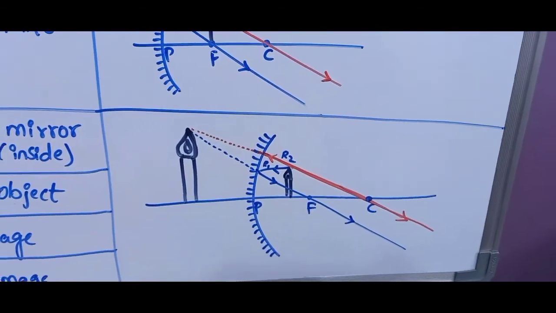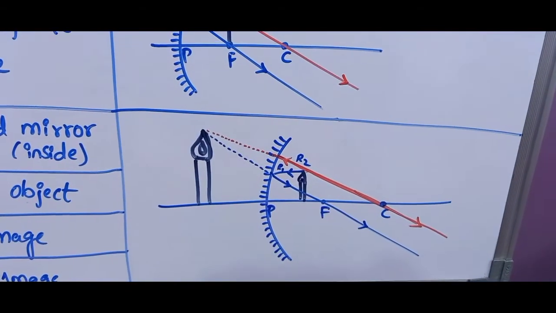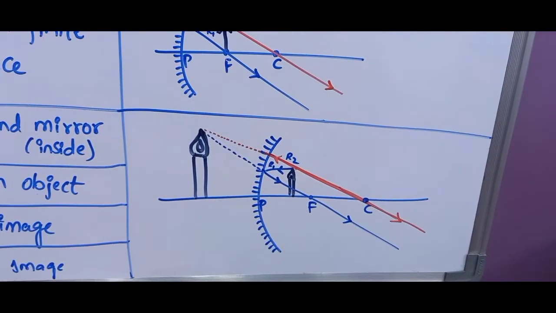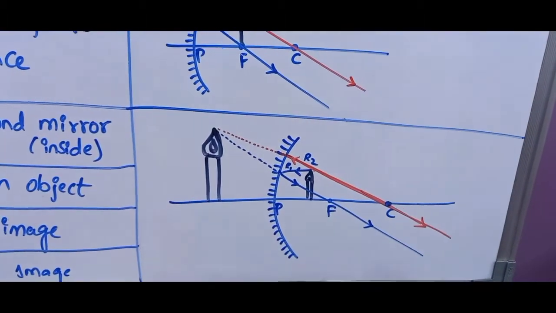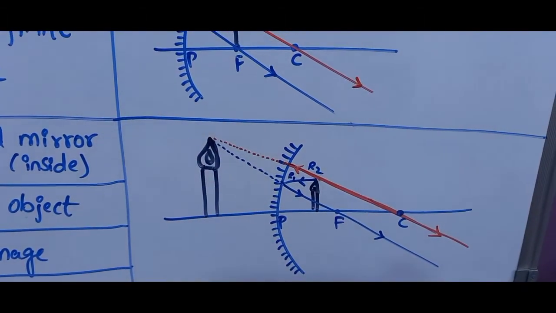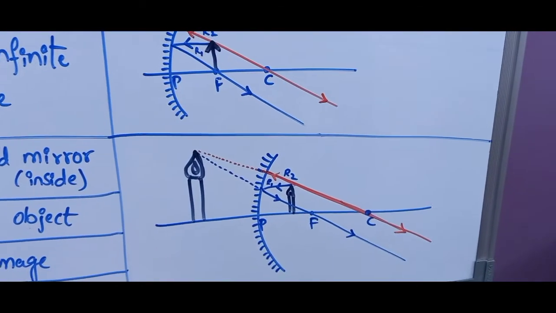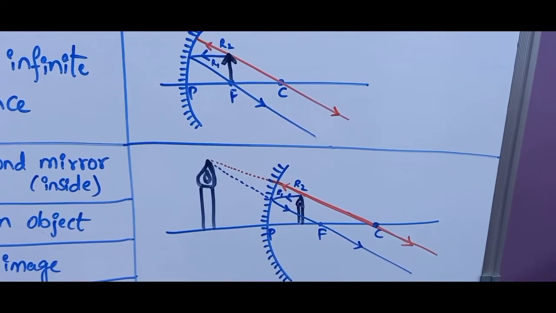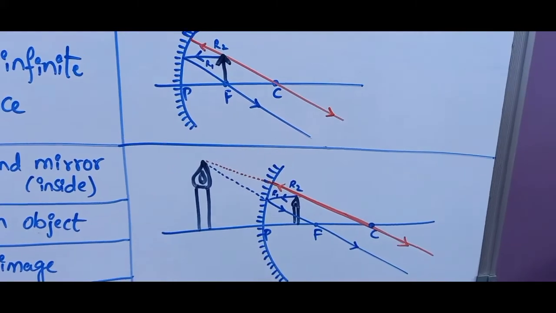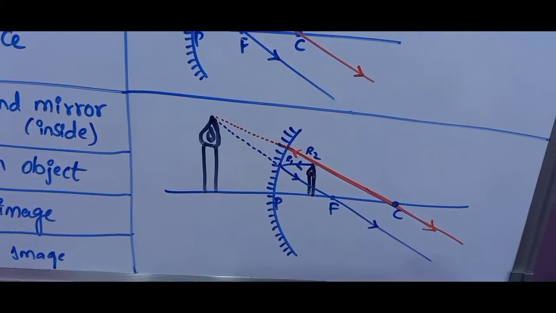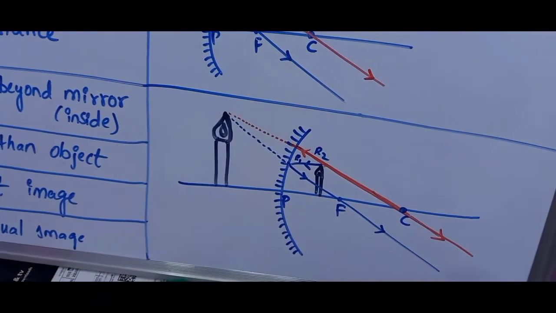When we look into the mirror, we are looking at all these diverging reflected rays. They appear to be coming from one point. We can get this point by extending the rays backwards as shown in the figure. When we extend these rays backwards, we find the point from where these rays appear to be coming. The image does not really exist the way we see in other cases, but it is visible to us. It is visible only inside the mirror, and this image cannot be caught on a screen or a paper.